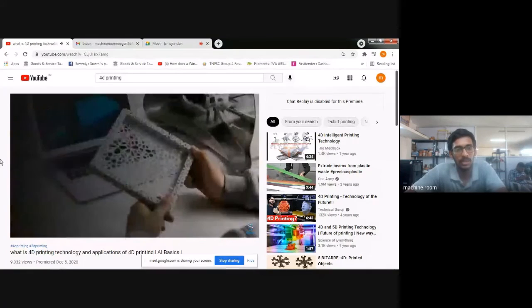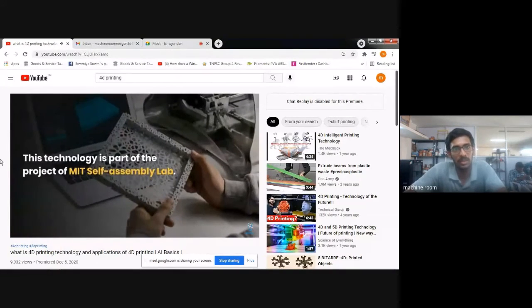It uses temperature as the input, and by using that temperature, it changes its shape.